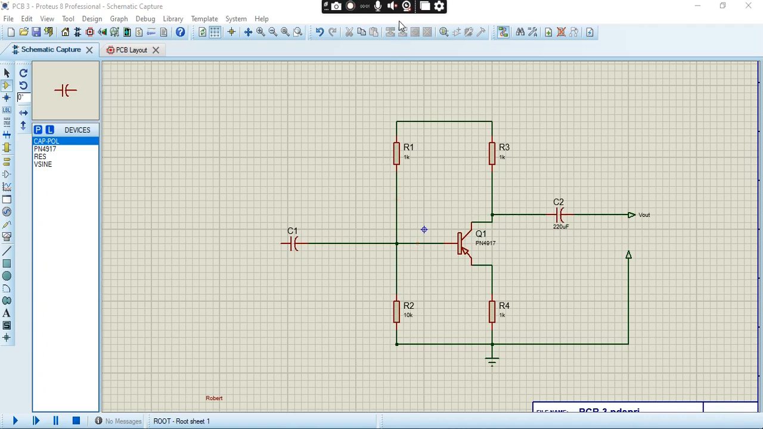Okay, so welcome back to our PCB layout tutorial. During the last drawing session, we had gotten to finish and print the PCB, the schematic, and then